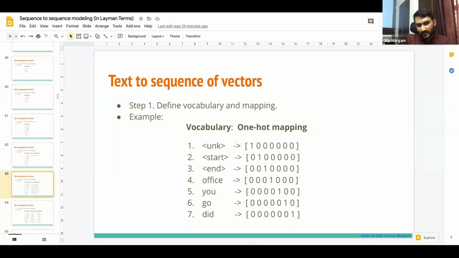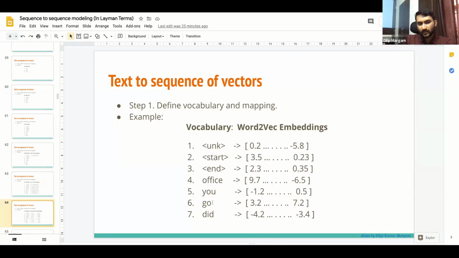For example, with one hot embeddings, the embeddings of go and did are equidistant to go and you. But when it comes to word2vec embeddings, they have more meaning. Similar words will have closer embeddings, and words with opposite meaning will have farther embeddings.